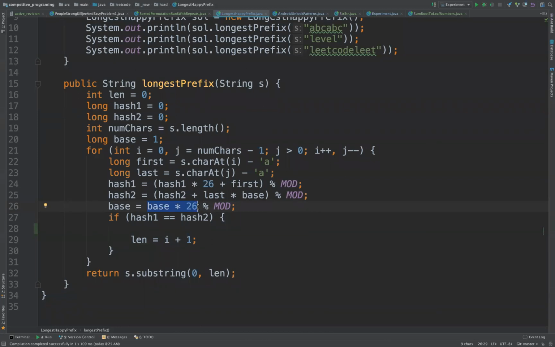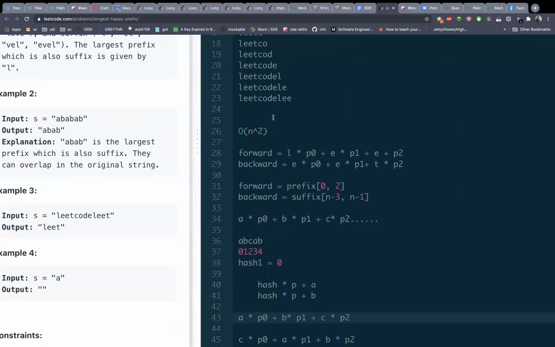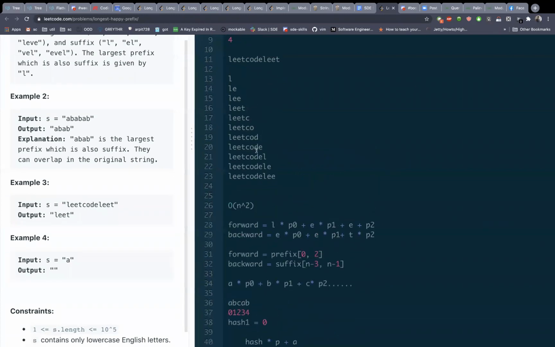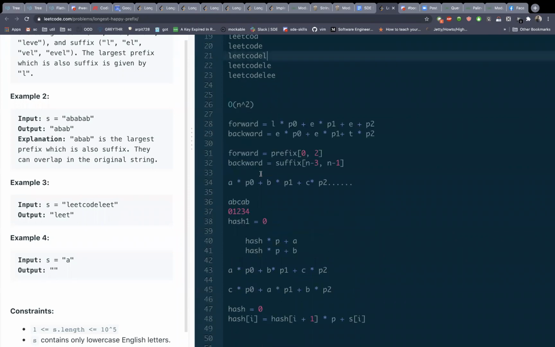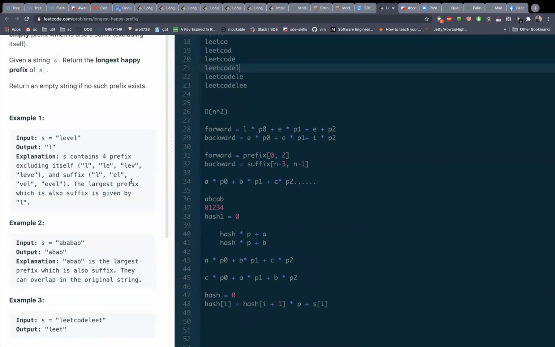Coming to one point, someone raised the concern that we only need to traverse till the middle of the string and not till the end. I think we will have to traverse through the entire string, because the prefix and suffix can overlap. Yeah, that is what he corrected also. That's right. We were confused about that, but that's good.